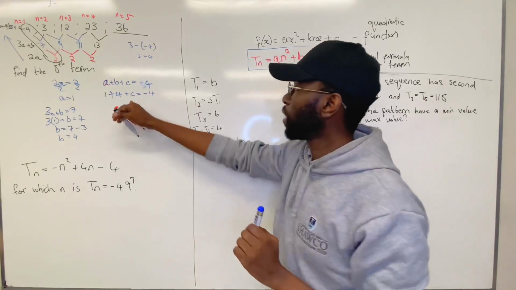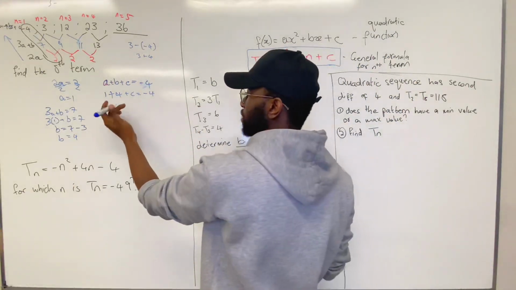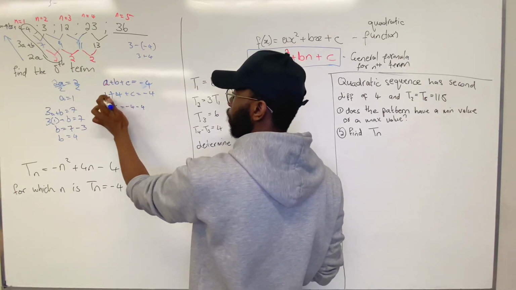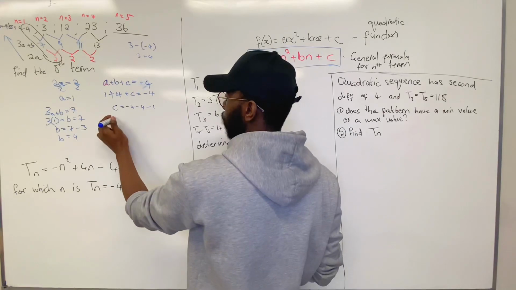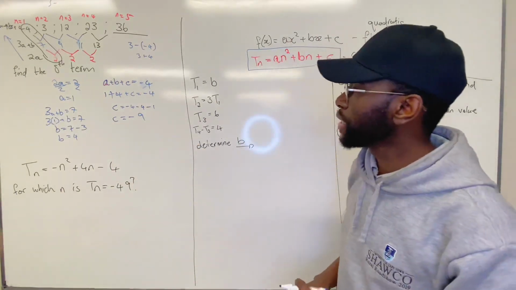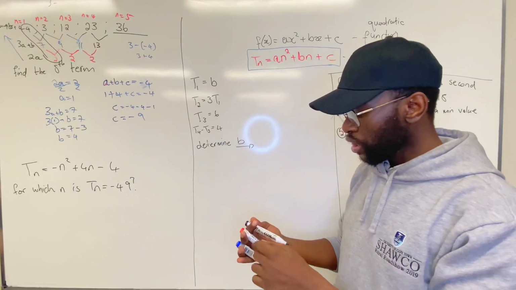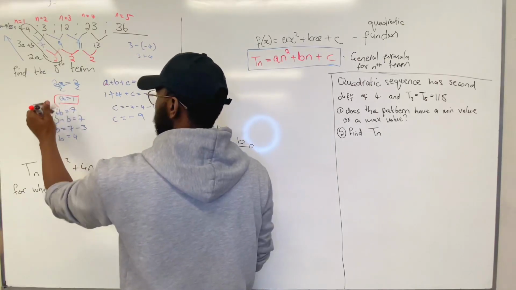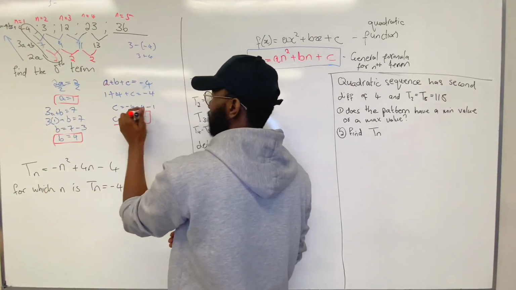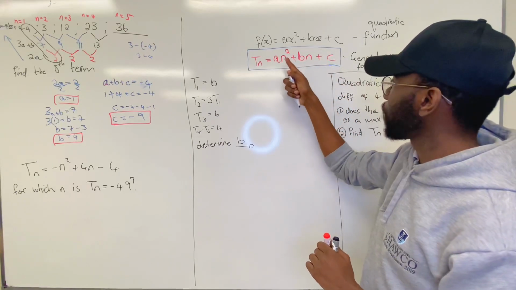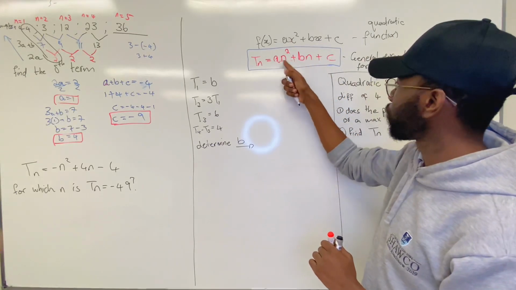how much will our c be? We make c the subject of the formula. We have -4, transpose 5, so our c will be -9. So now that we have a, we have b, and we have c, we now put them in our formula, a general formula for the nth